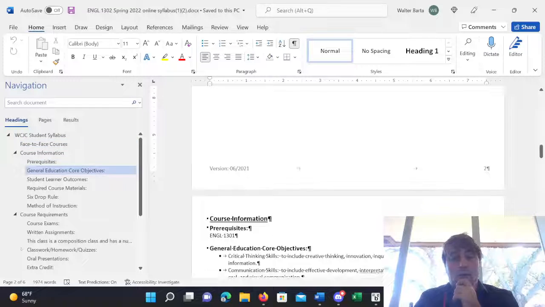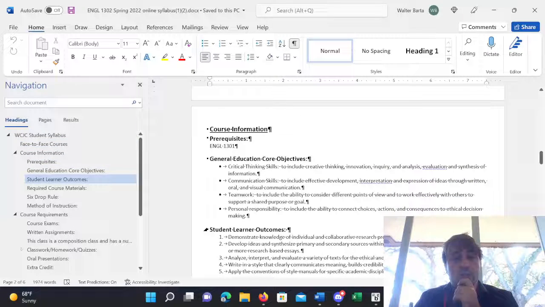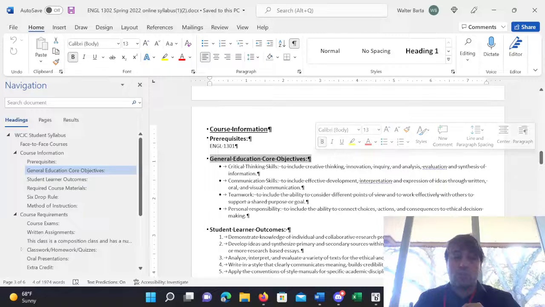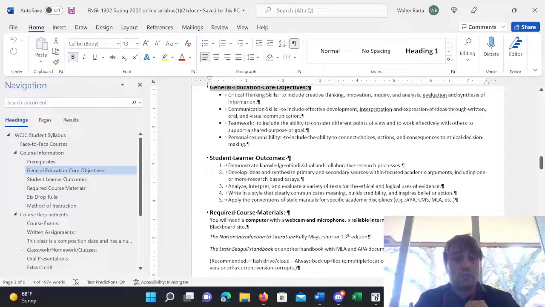All right, and there's a lot more information in the syllabus, but I'm not going to go through everything. I'm just going to skim through it. We have prerequisites. I assume everybody's taken English 1301 already. If you haven't, then that needs to be taken before taking this class. General educations and core objectives, those are just the main things we'll be covering in the course. Student learner outcomes,